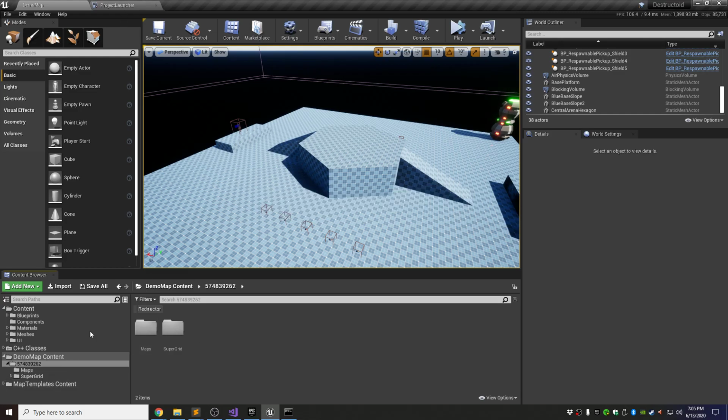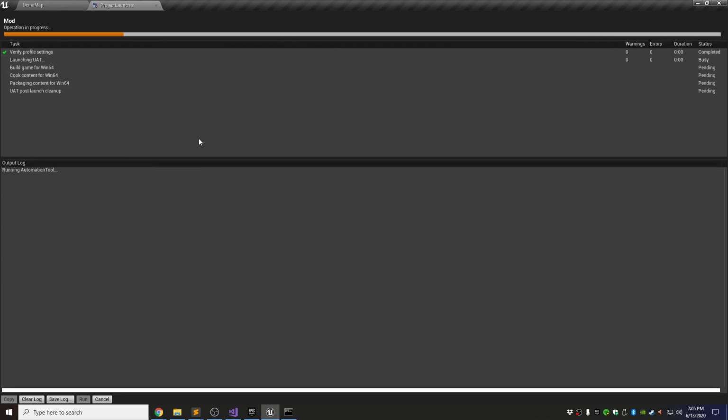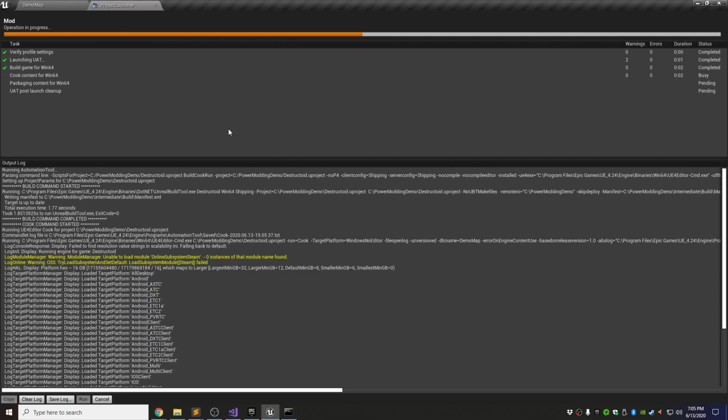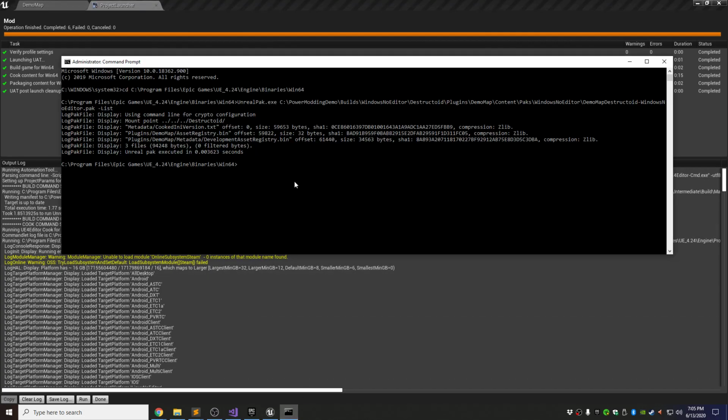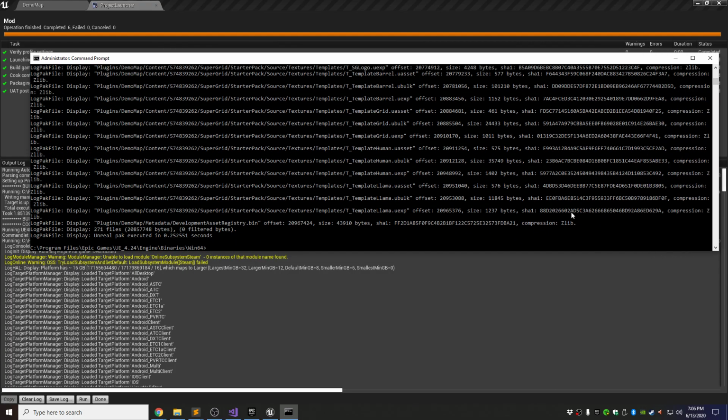And then once that's done, we want to make sure we don't build the game again, because that'll cause the same problem. We just want to rebuild the mod again. So just go here to launch the profile, let it rebuild. And so I'm going to go back here now, and I'm just going to hit up to rerun that, and boom, look at that. We got all of our assets now,